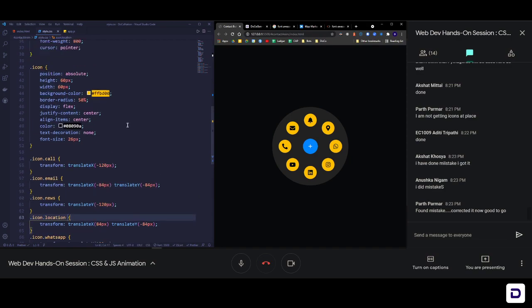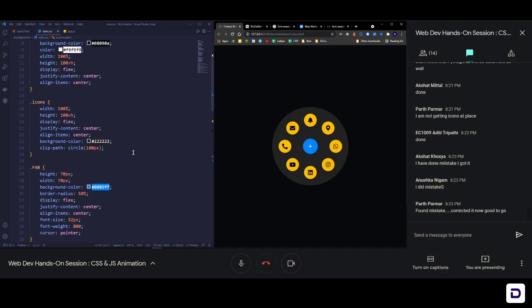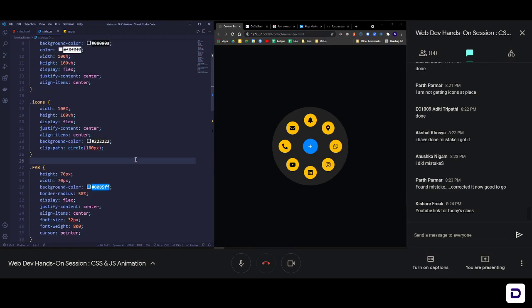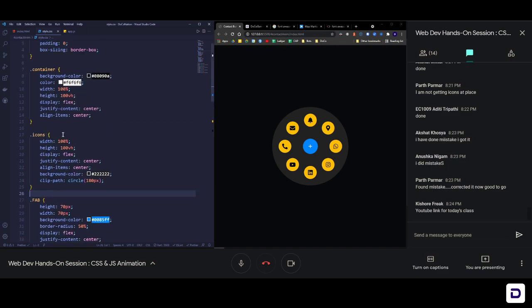So what I'm going to do is that I'm going to create some different classes to basically resemble the initial and final position. Okay, so to actually enact that property change from initial to final, we'll have some CSS classes, and then through JavaScript we're going to change those classes by click. Okay, so let's do that. So first of all, what we'll do here is we have to add one more property here in the icons.